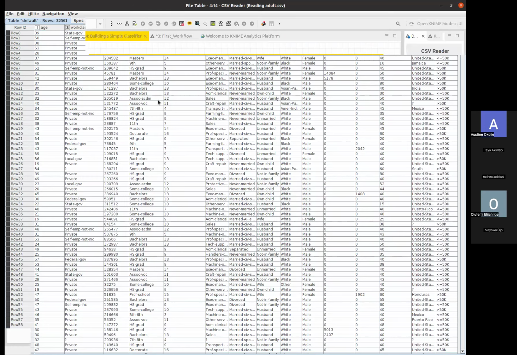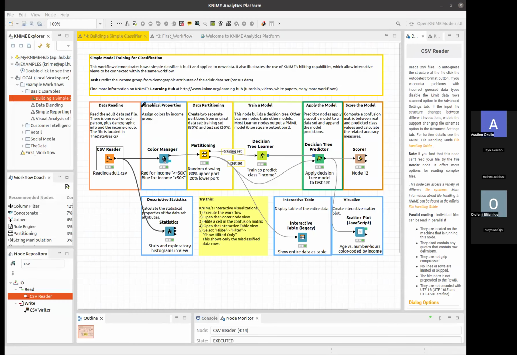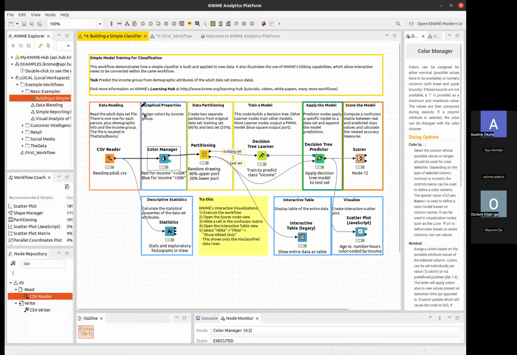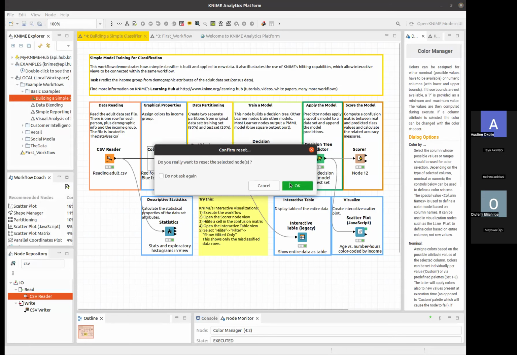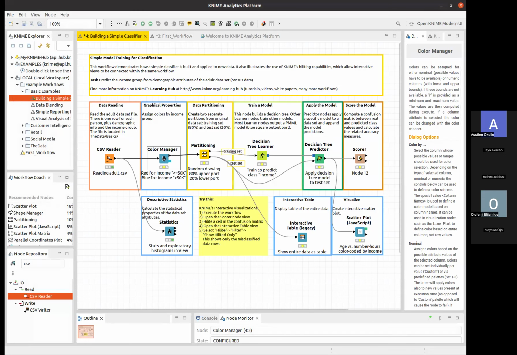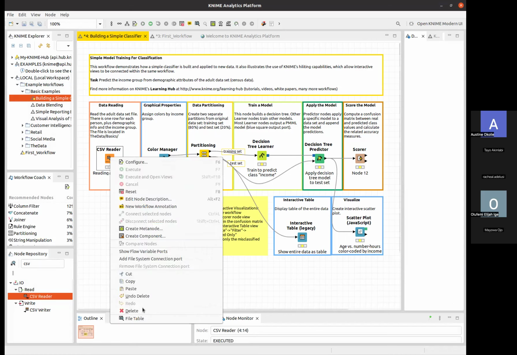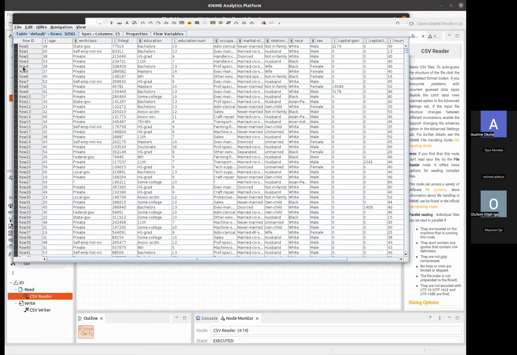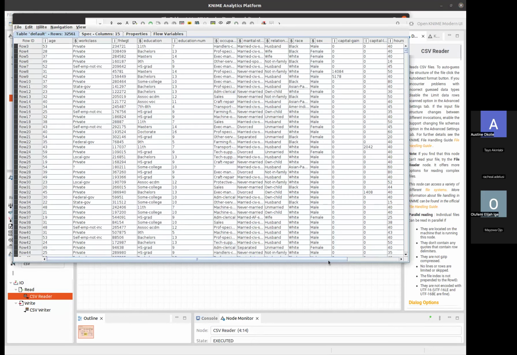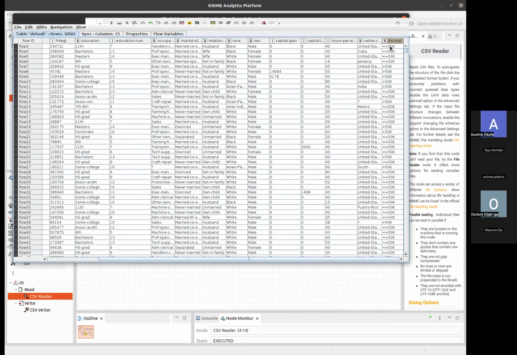So yeah, here we read data and pass it on to the color manager. The color manager is another very interesting node that you can use to annotate your data. For example, here, is there a way to color maybe